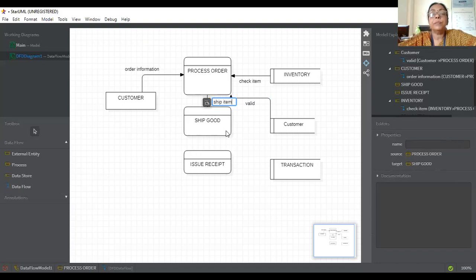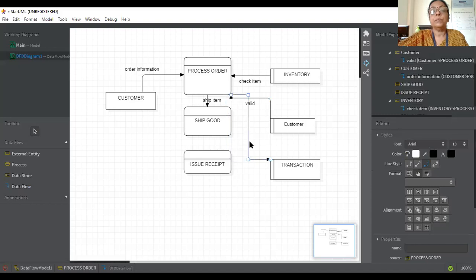After that, when the order goes to ship good, it will also go to the transaction. Like this. The lines are crossing. We will see what we can do.